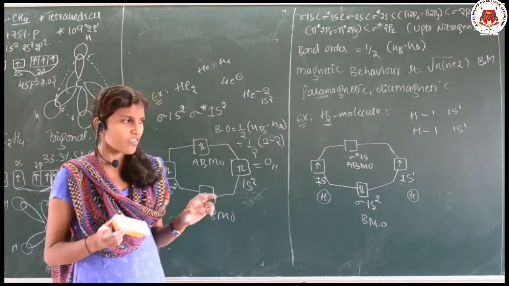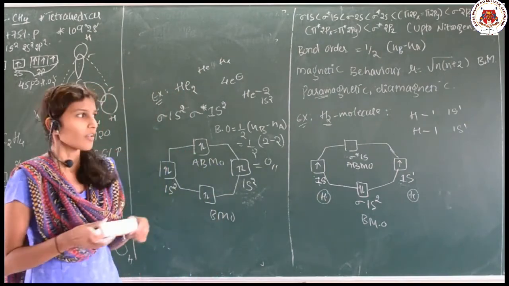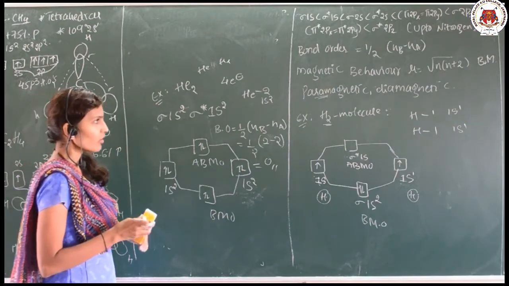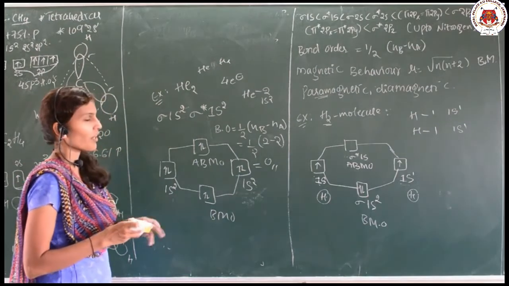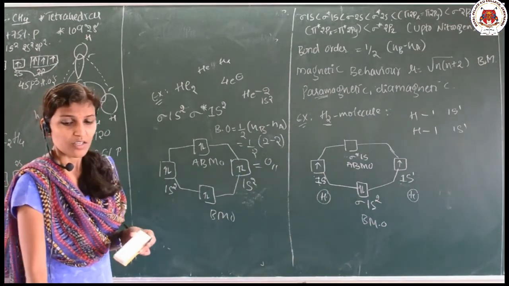So, this is how we can explain the whole chapter, that is chemical bonding. It is one of the very important topics, and just apply some logic so that you can solve whatever theoretical questions are asked in your CET.